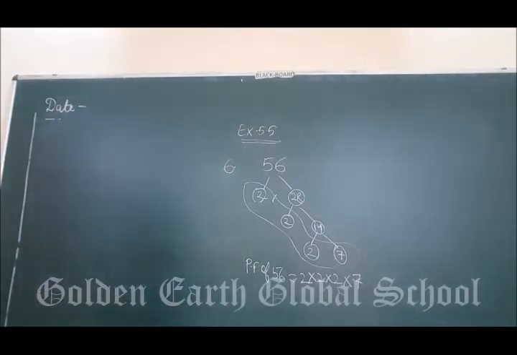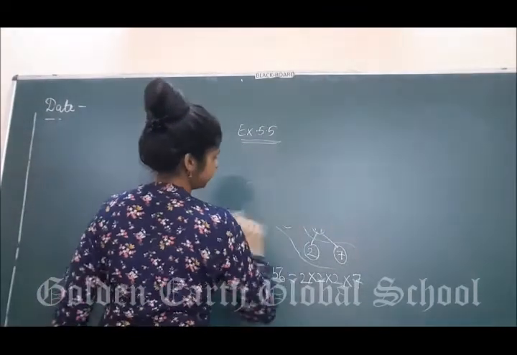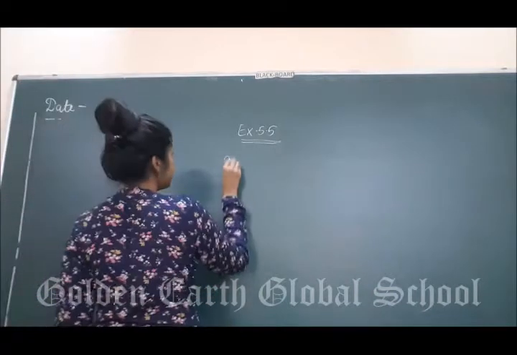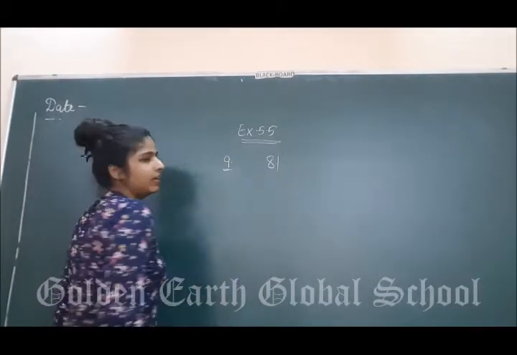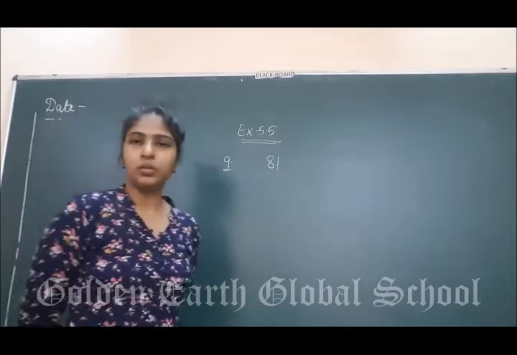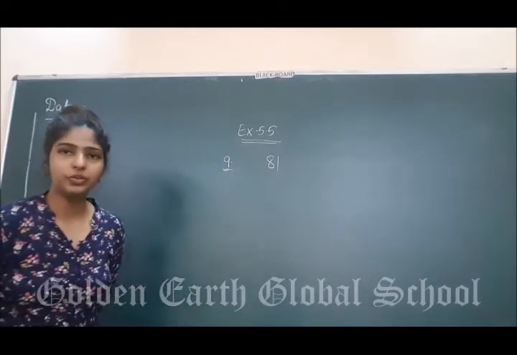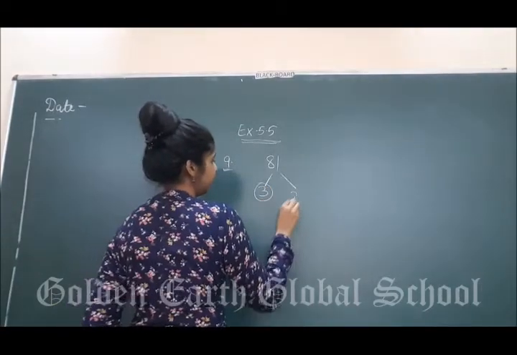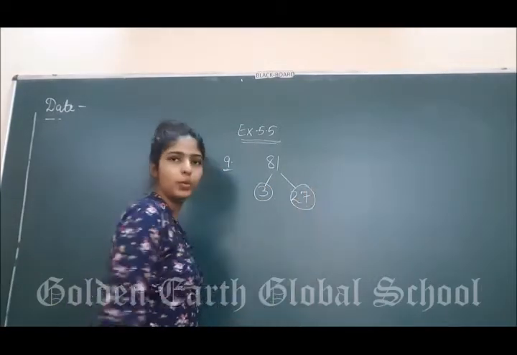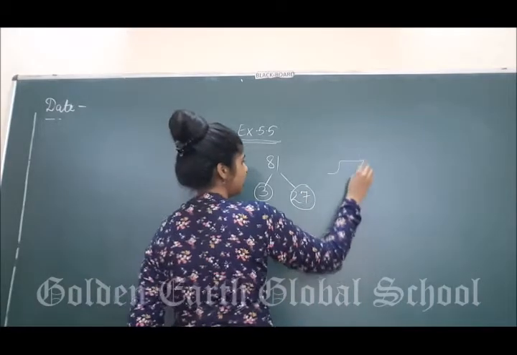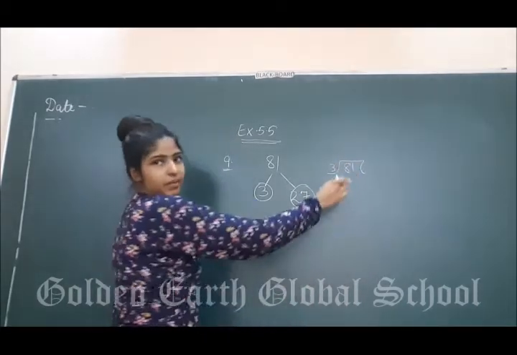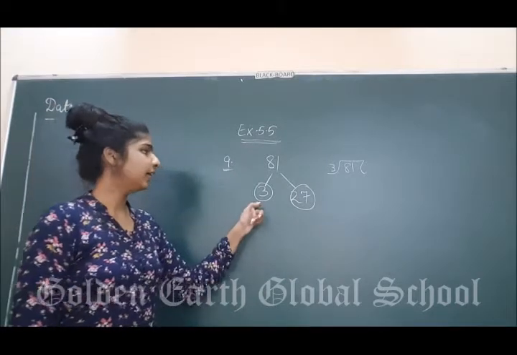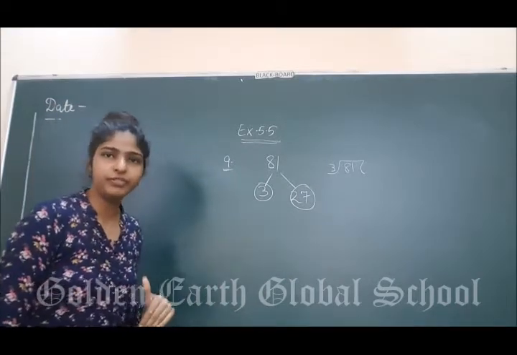Now let us take another part. Let us do the ninth part, that is 81. Now 81 is divisible on 2? No. Is 81 divisible on 3? Yes. On the table of 3, 81 is divisible on 27. You can check by division also. You can use this method to check on which number 81 is divisible on 3. Right? Now 3 is a prime number. No need to differentiate.